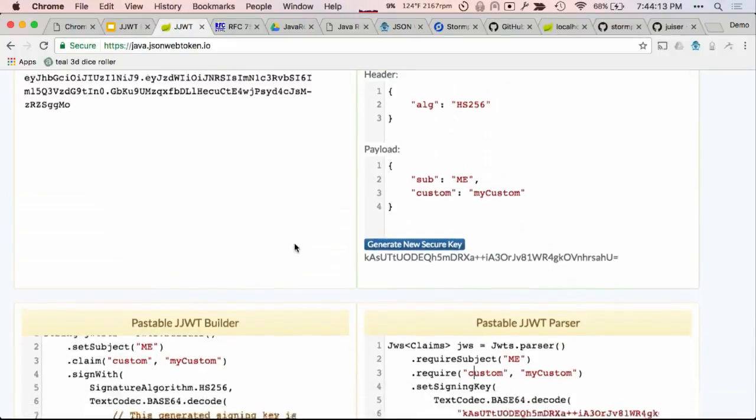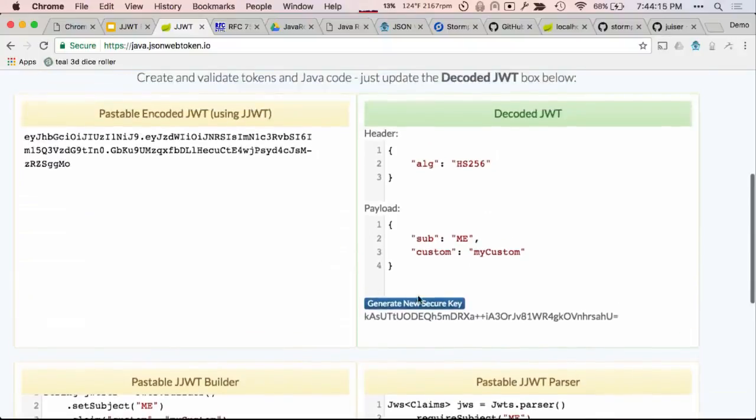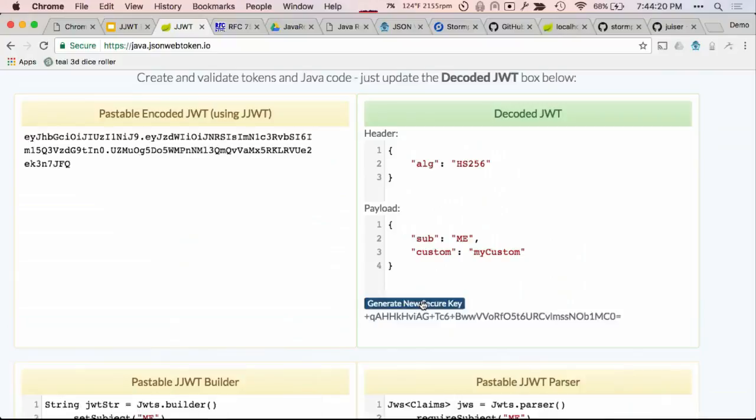One of the things to notice here is it uses a secure random key. So it starts that way, and I can just generate a new one, and you see in the upper left, it's impacting the JWT, right? It's changing the signature. Notice the first two sections aren't changing at all because I haven't changed anything in those sections. But every time I generate a new shared secret, it's going to generate a new signature.